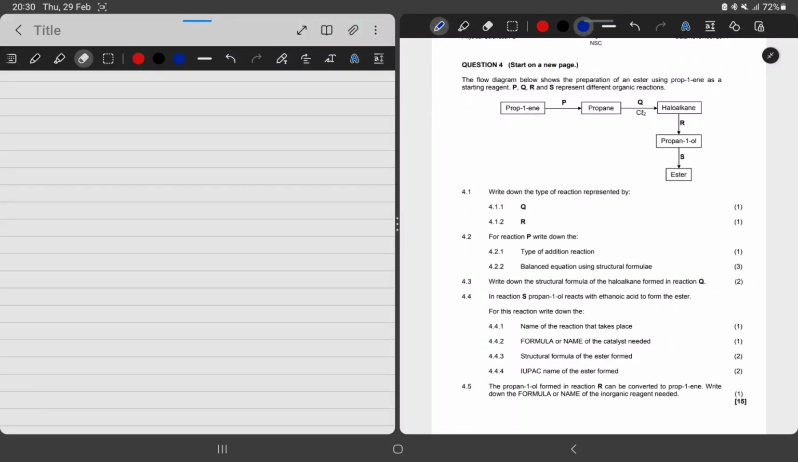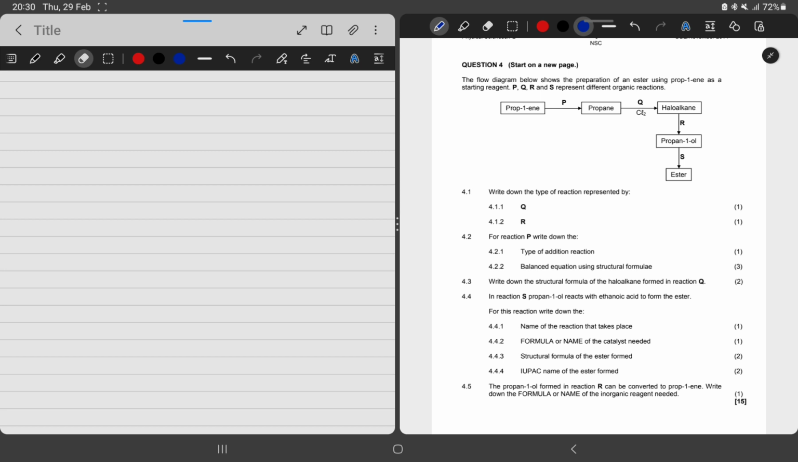This video we'll be looking at the November 2014 grade 12 paper. The following diagram below shows the preparation of an ester using prop-1-yne as a starting reagent. P, Q, R, and S represent different organic reactions. So we don't look at the questions when we are doing organic chemistry. We first look at the information that is provided to us and then try to simplify it as much as